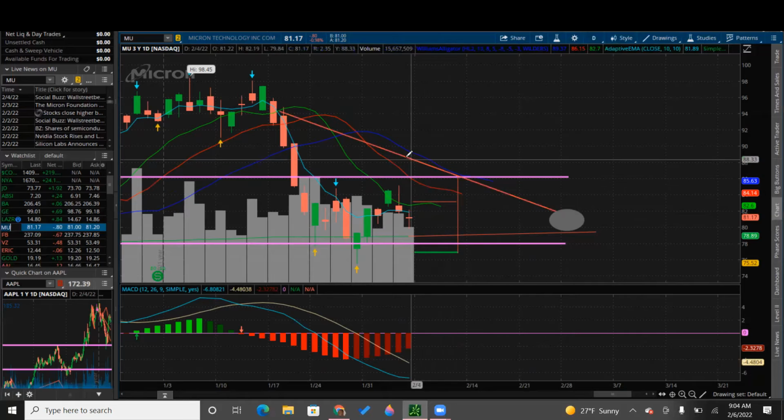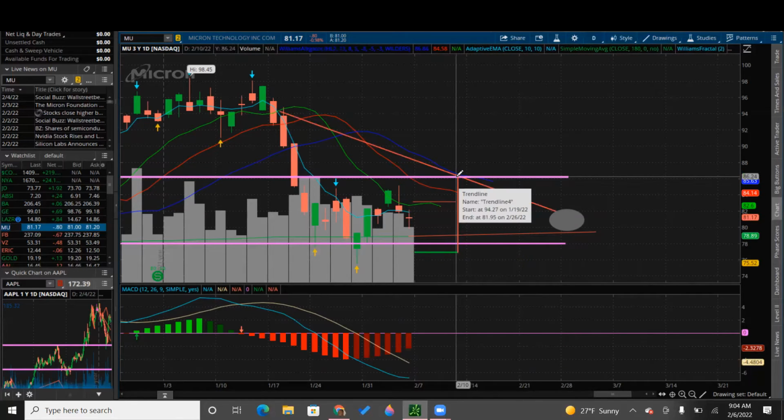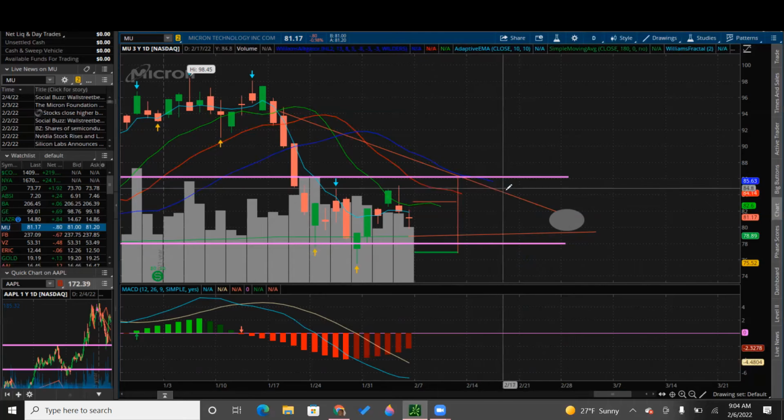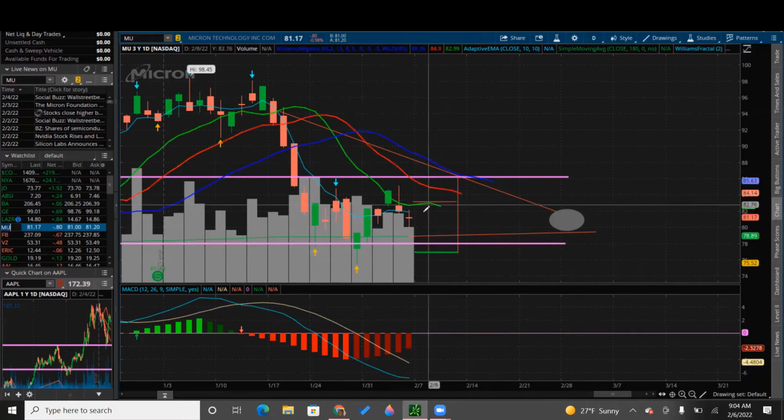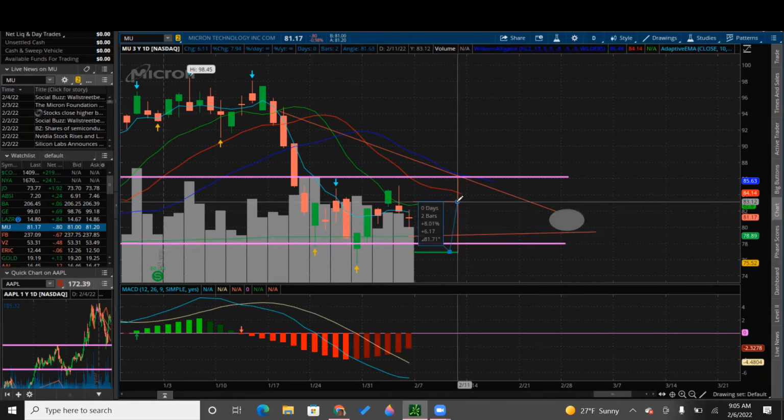But as the trajectory looks like it'll be somewhere around here. You could see a strong pullback about Friday if the Nasdaq really hits hard, pull back into the $86 range. But I do expect it to continue to kind of fall back down. So I would say for this week there is an opportunity, not much, but I do think there's an opportunity for you to get in at 76.88 with the opportunity to come back potentially to a 6% or even